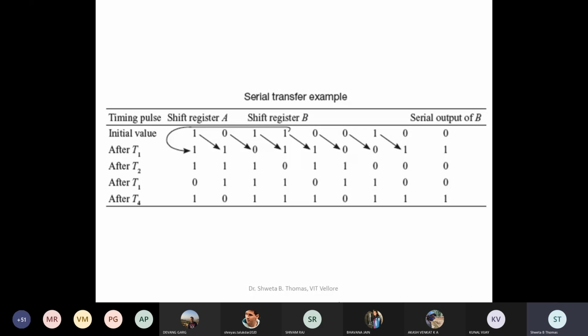So why have I shown you this serial transfer? Because it is very important to understand how a shift register works, and this topic is very important from your exam point of view also. Since it can go for right shift, it can also go for left shift. We can implement a shift register where both right and left shift can be done, which is also possible. That topic I will take in the next class.